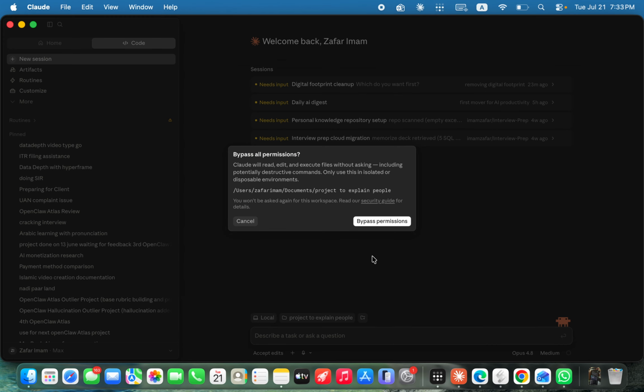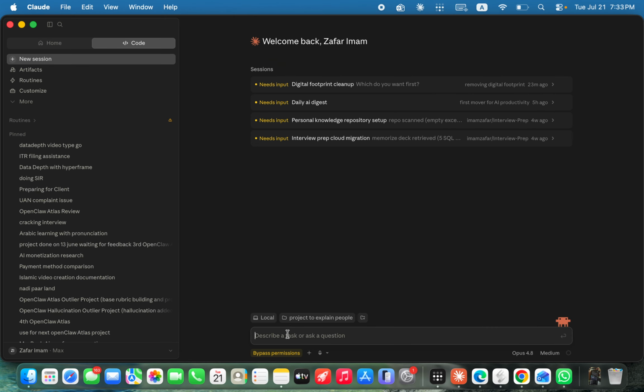I like to do bypass permissions. You are preparing for an interview and your goal is to shift from 15 LPA to 13 LPA and so on. You have certain goals, right? So how I'll start this Claude Code session: I'll create a new project inside Claude Code. I'll attach a folder. I think for this Opus is fine. I'll say, hey, I want to